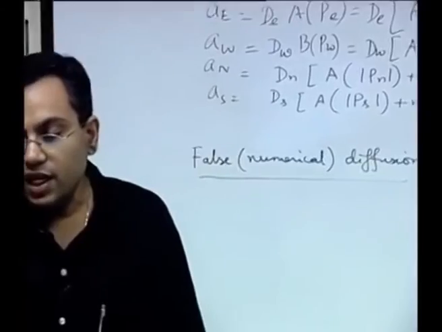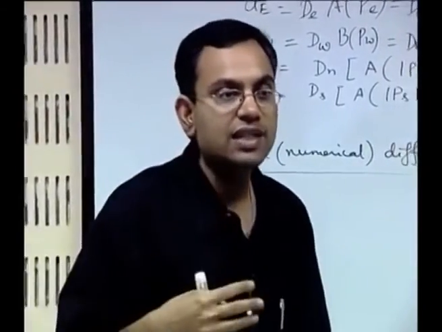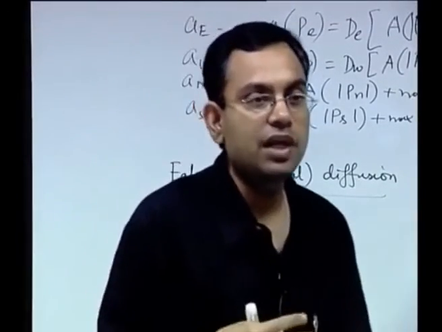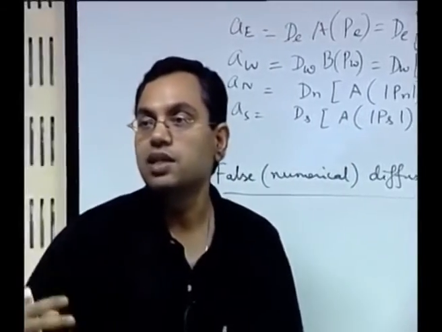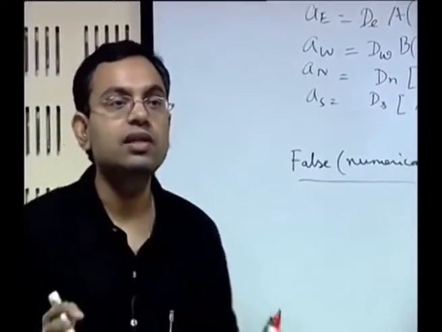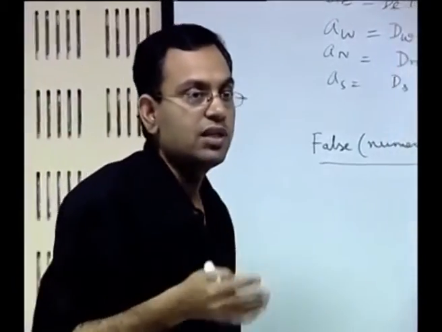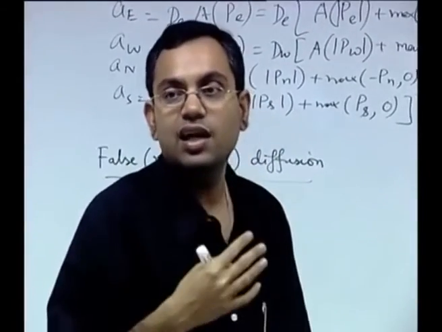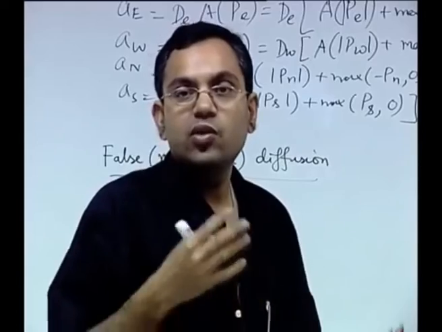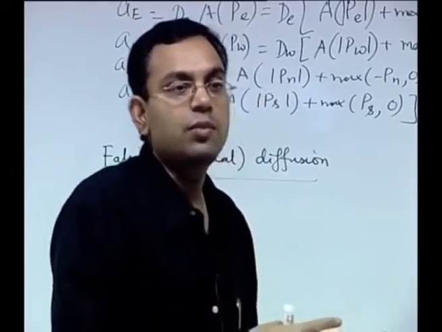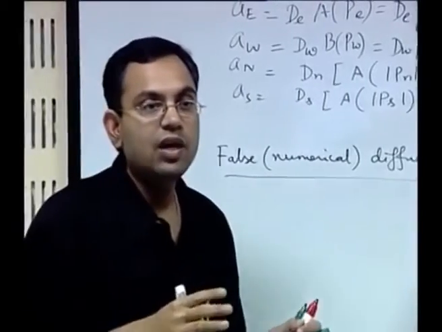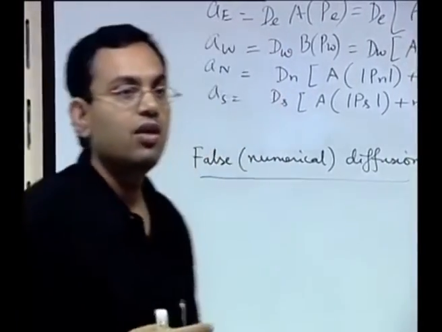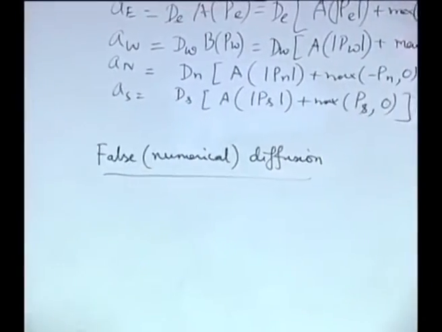Now suddenly after some research people realized that, well, the central difference scheme had its own problems, some of which could be taken care of by the upwind scheme, and that sort of gave a threat to the central differencing community. So when it gave a threat to the central differencing community, the central differencing community tried to assess the upwind scheme on the basis of their own prejudice of the central difference scheme itself, as if that is the standard benchmark, and with respect to that standard benchmark they commented that the upwind scheme is having some false diffusion or artificial diffusion. On what basis did they comment?